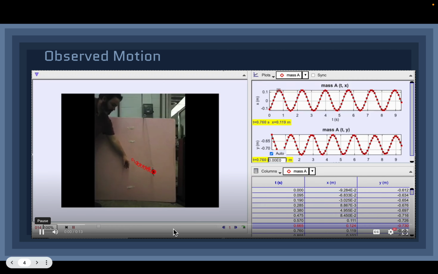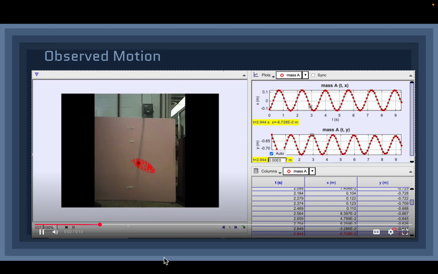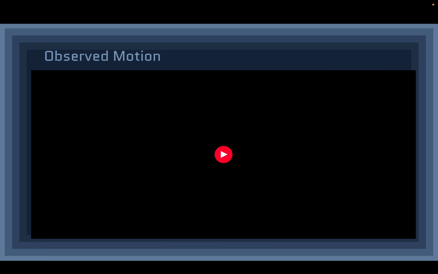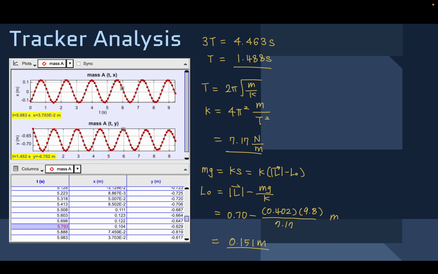This is the observed motion by Tracker. You can see two different graphs, but let's just focus on the Y graph, and we will discuss X later. If I do the Tracker analysis, the period will be 1.488 seconds, and I use that to calculate the spring constant K, which is 7.17 Newton per meter, and then the initial length will be